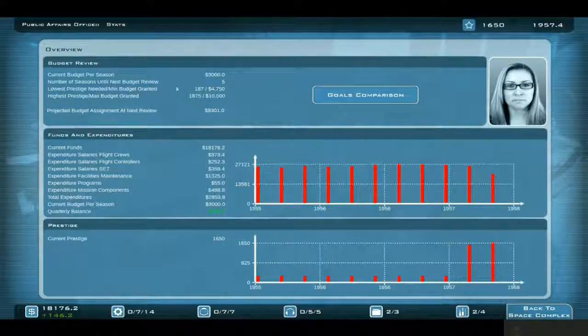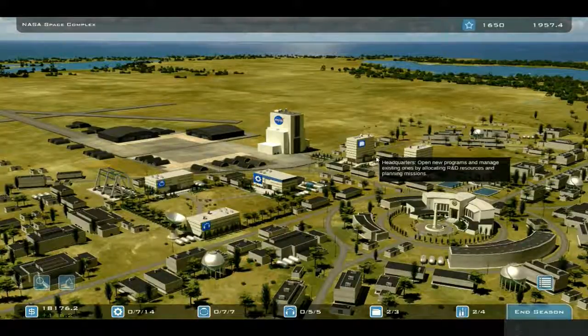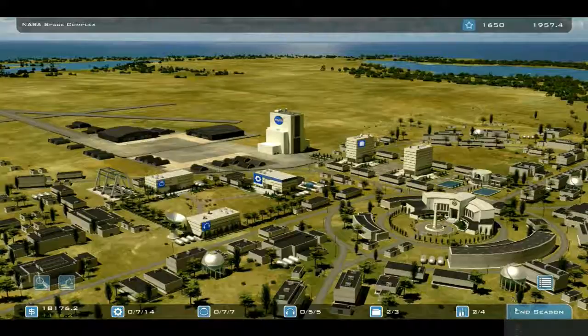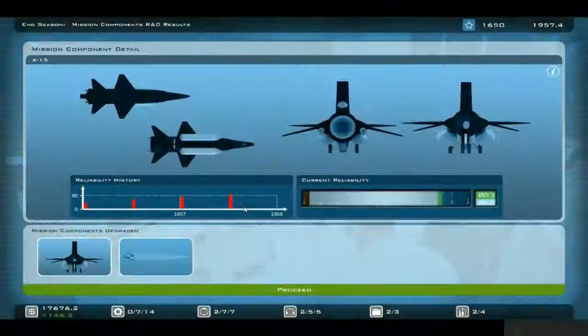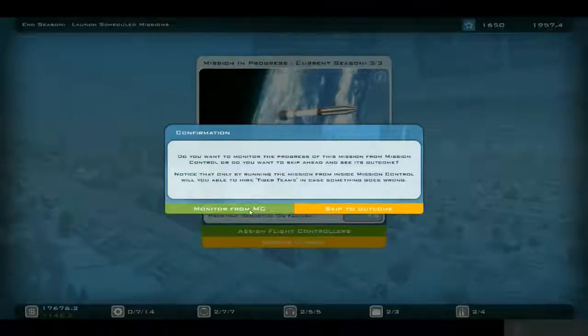If we go to the Public Affairs Office, we can see we have only 5 seasons to the next budget review, and we have not met our target yet, which is not worrying. It's a little thing. We still will get a bit of prestige from the Explorer, and then the X-15 will certainly be ready to go by the end of 1958. So I'm not going to do anything. We just go to the next season again. Very good, almost 90%, and the Juno 2 is about 70%, which is really good already. We just resume the mission,